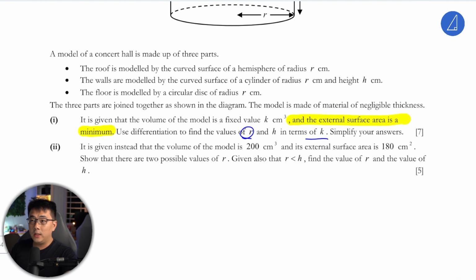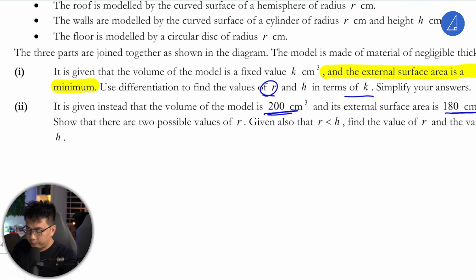So let's look at part 2. It is given that instead the volume of the model is 200 cubic centimeters and the external surface area is 180 cm square. So the two possible values of R is this. Okay, I think this has nothing to do with maximum and minimum now. So we need to show the volume will be, we know that the volume